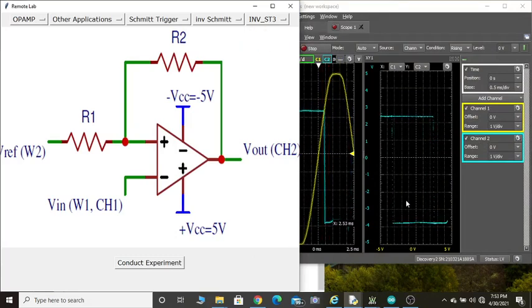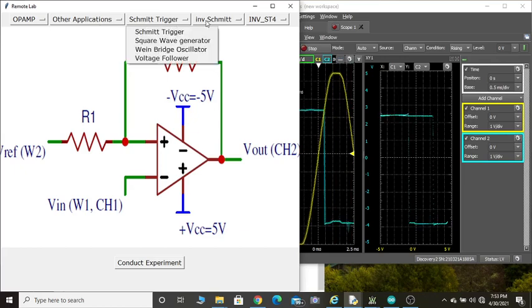Now I can see the hysteresis width is again too much, so maybe it is difficult to make both of them positive. Let us try out another combination. Over here you can see this is relatively not too small, not too large in terms of hysteresis. So this way we can change the values of R1, R2 as well as the reference voltage, and we can theoretically find out VTH and VTL, and we can certainly verify that with your practical values.